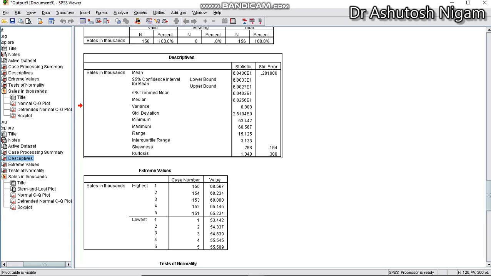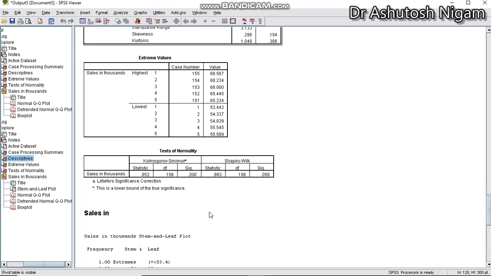In the trimmed value, we delete the highest 5% values and the minimum 5% values, and then we calculate the descriptive statistics like the mean, and if the mean doesn't get affected, we say the outliers are absent.